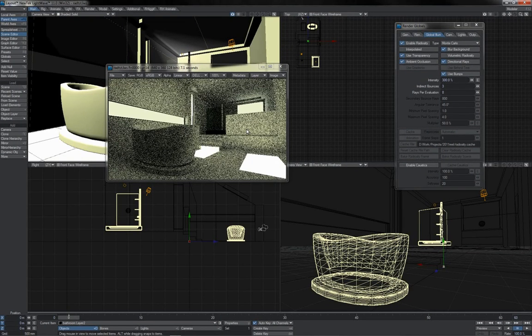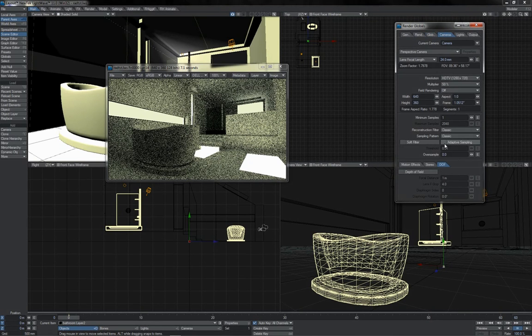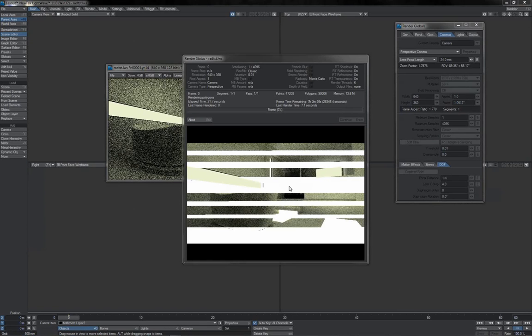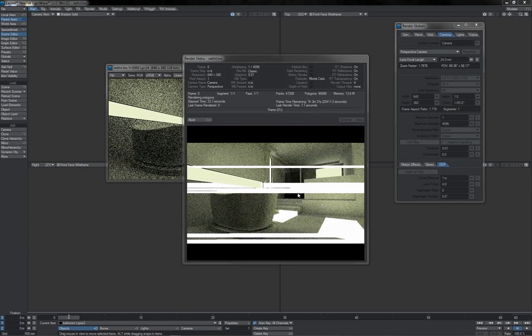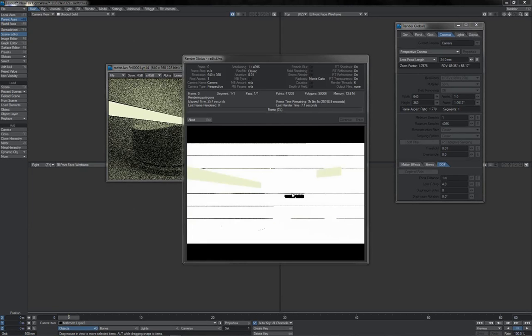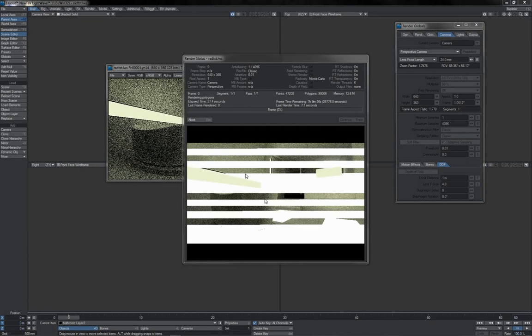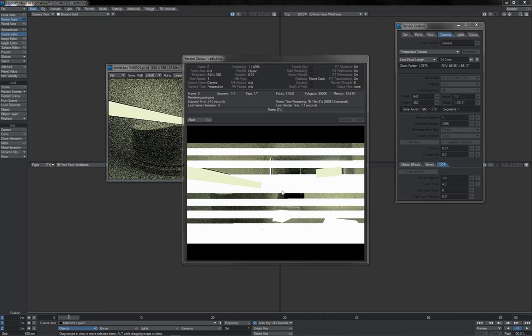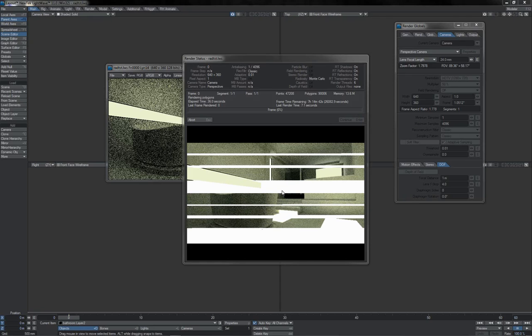So I'm going to come back to my good old adaptive sampling. I'm going to push this up to 4096 actually, with a 1% threshold difference, and I'm going to hit F9. And so you see, we start to get a similar sort of effect as we were doing before with our shadows and materials. We start out with a really noisy first pass, which the adaptive sampling then flags based on the threshold values to clean and clean and